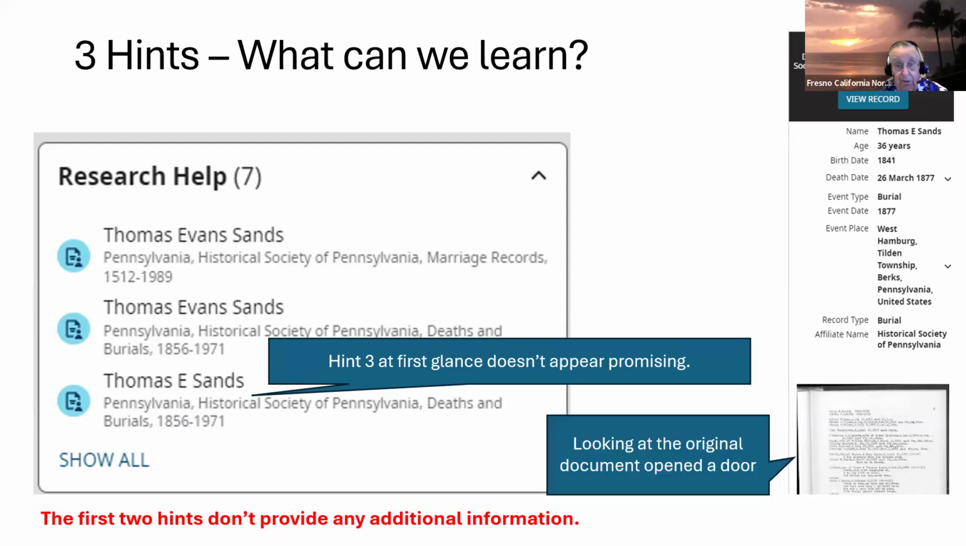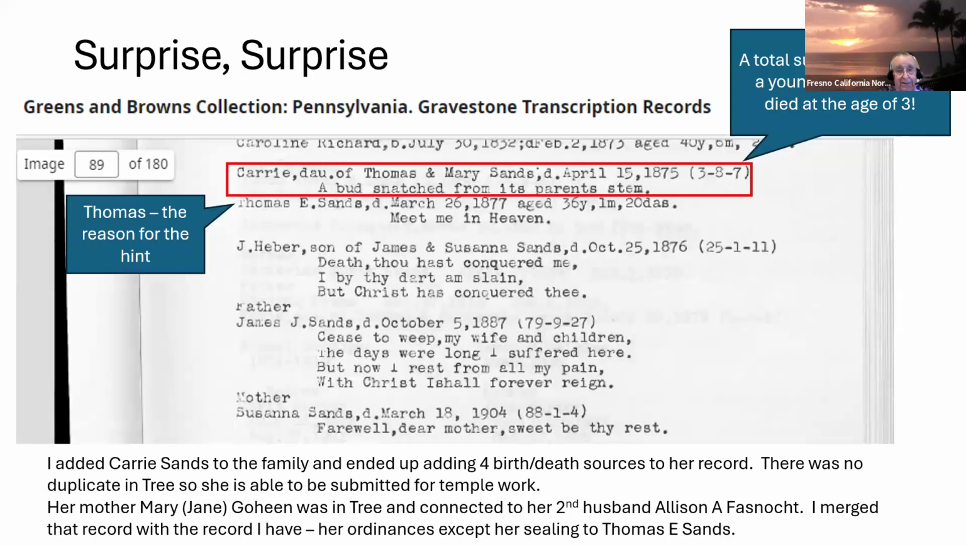I have found a lot of people on them. So here's that page. And here's Thomas, the guy we're talking about, Thomas E. Sands, who died in 1877, age 36. And I love they put the captions or the phrases, the little statements that are on there. Meet me in heaven, his says. But what really surprised me, though it didn't really totally surprise me, is they had a little baby. Her name was Carrie. She was born in 1875, and she lived to the age of 3 years, 8 months,